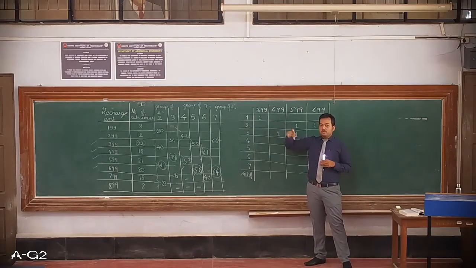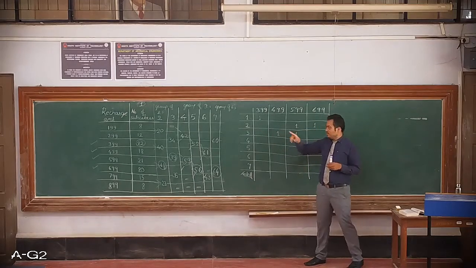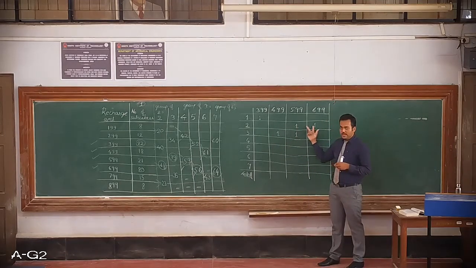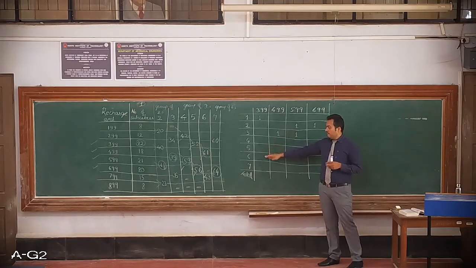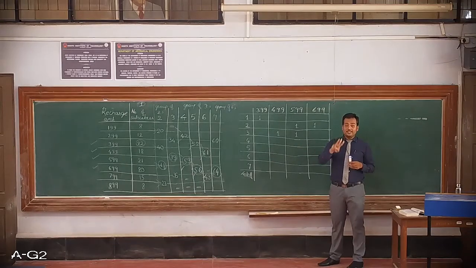First column was with only 1 frequencies. Second and third was group of 2. So in the second you'll have two ones, and in the third also you'll have 2 ones. So column 4, 5, 6 are grouping of 3. So the maximum where we find all 3 frequencies contributing will have 1 here.